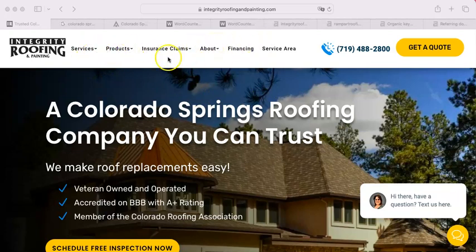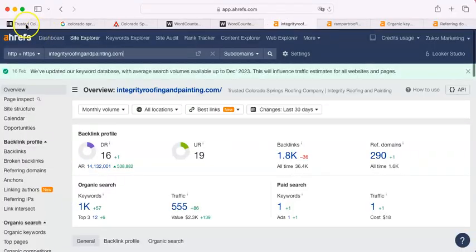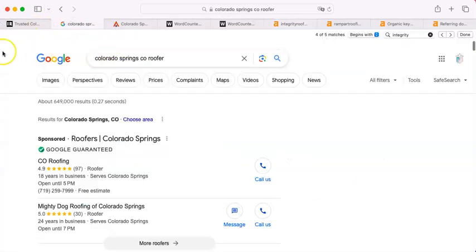But getting them here is the issue, and that's exactly what I'm going to talk to you about. I'm going to make it as brief as I possibly can, so please stay with me. Now, the first thing I do after I look at the site is use a paid tool called Ahrefs. It gives me a bunch of the metrics of your site, in other words, how your site has been performing. The next thing I do is go to Google and search for Colorado Springs, Colorado roofer. And what I find next is what I need to talk to you about.